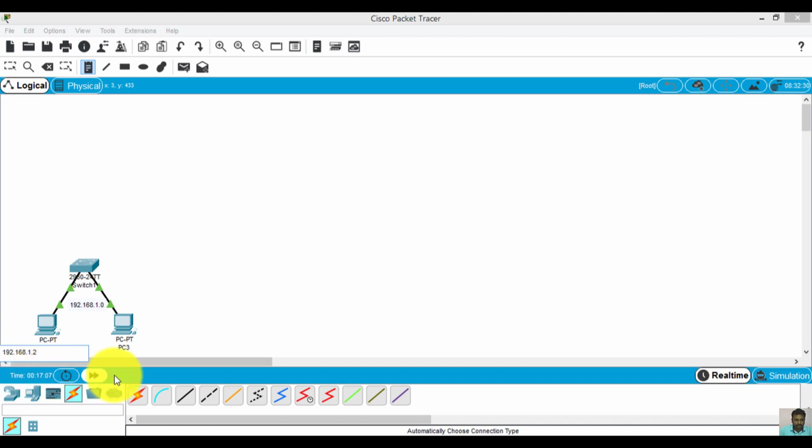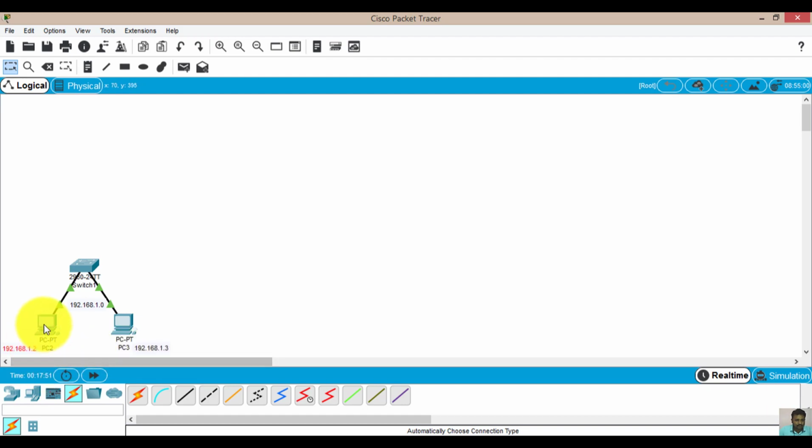192.168.1.2. Now for this system my IP address will be 192.168.1.3. In case you don't know why I am assigning these IP addresses, I will give a quick review so that you know if you have studied it in your subject. In a network, the first IP address of this subnet, 1.0, represents the network address. And 1.2 will be the starting IP address for my hosts, then 1.3, and we can continue with it. I have not used 1.1 because 1.1 is conveniently used for network gateways. We will see that in the coming lecture. So I have labeled it right now.